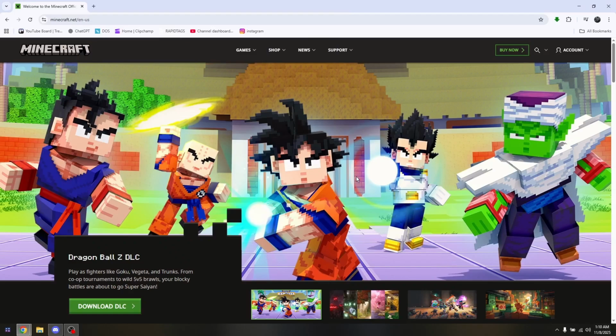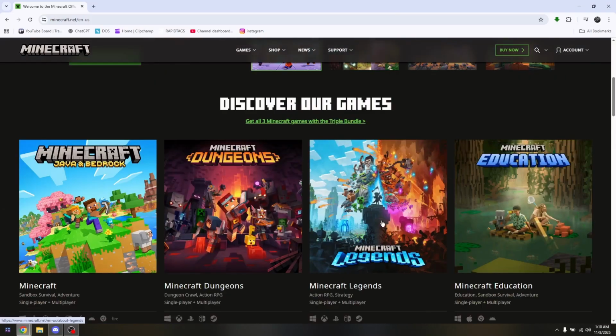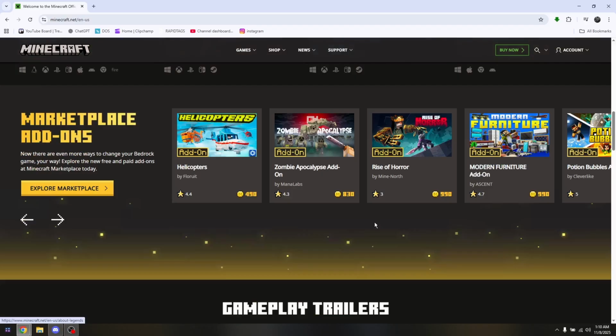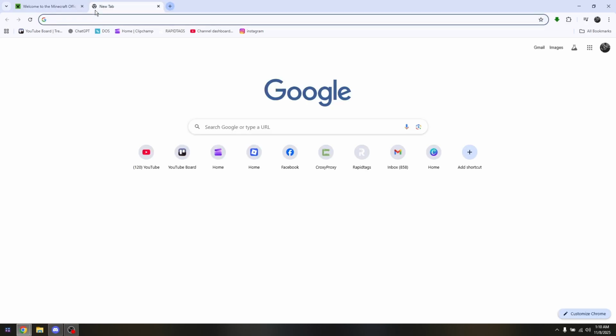How to get and install the newest version of Optifine for Minecraft. So first things first is open up any preferred web browser that you can use on your end, but in this video I'm going to be using Google Chrome. Now in here what you want to do is simply type in Optifine